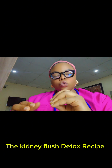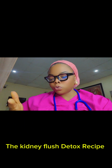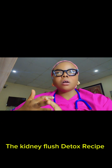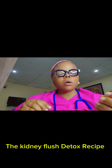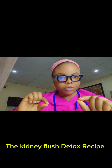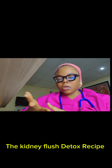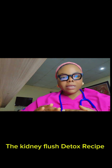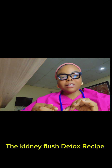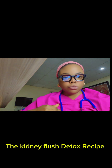So you do a kidney flush, which is a combination of these fruits that I'm going to tell you: apple, celery stalk, celery, what else? Beetroot, one beetroot, a little portion, and then you blend it. So celery, apple, beetroot, then cucumber and ginger. Put it in a blender and blend it, and you can juice them